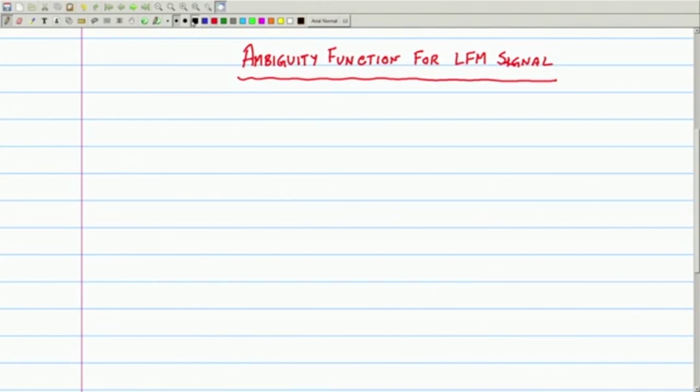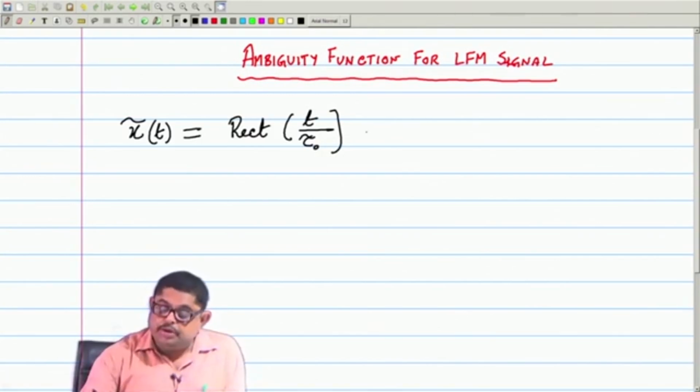Already we have seen the complex envelope of an up chirp signal in the previous lecture. In that lecture you can refer that we have written the complex envelope as rect of t by tau naught. That means it is existing as a rectangular function from minus tau naught by 2 to plus tau naught by 2, and it has an exponential second order